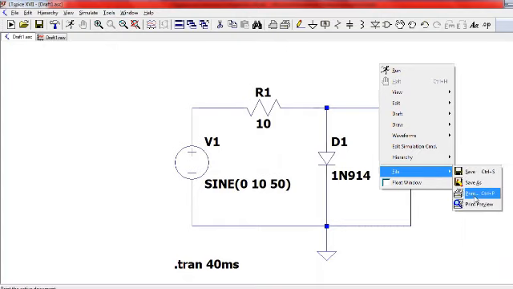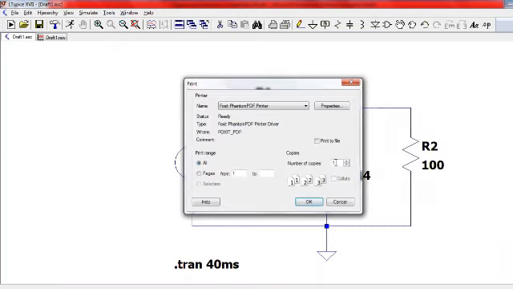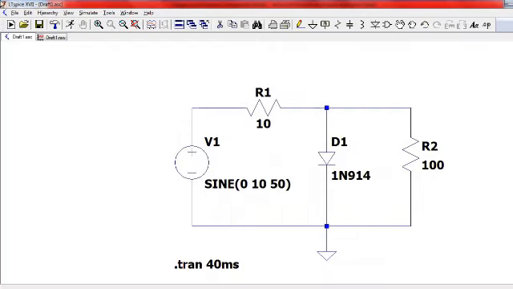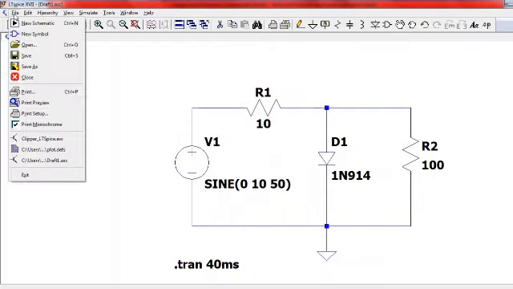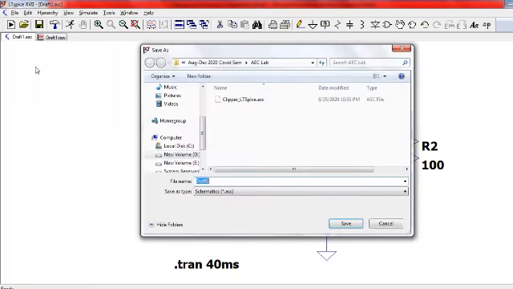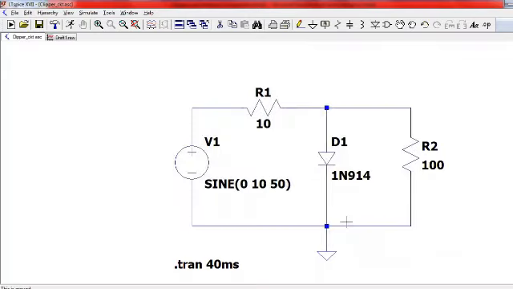Or you can go to File and Print. So this will print your circuit, right? And you can go and save your file here. You can use the name Clipper, or any suitable name which you like. Okay, I am saving it as Clipper circuit so that I can make use of it.